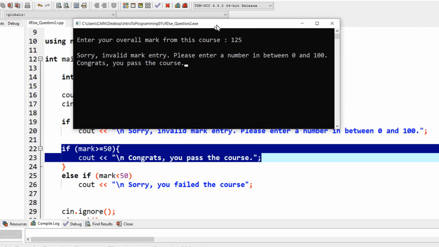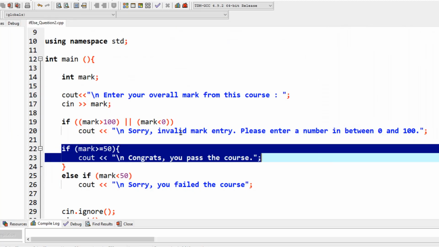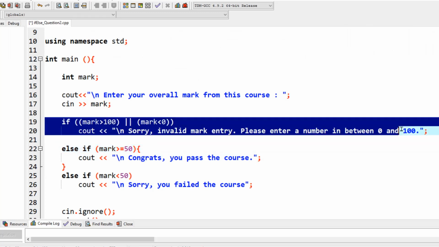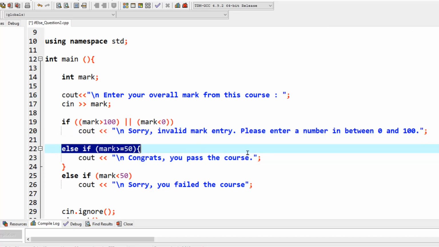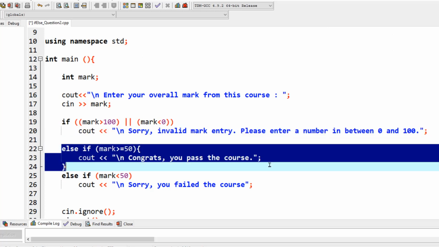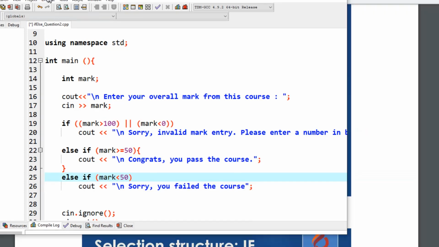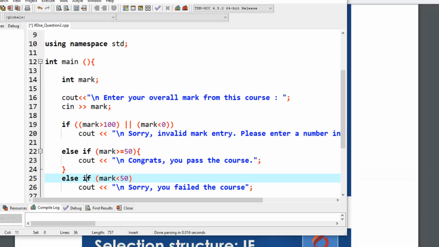To prevent the next statement from being executed, we need to make sure that this is an else if, which means that if this statement is false, then look up this statement and try to execute it, and then look up this statement and try to execute it. So you put them in an order to make sure that the second and the third statement only execute when the first one is false. Just by doing so, when we run the application,